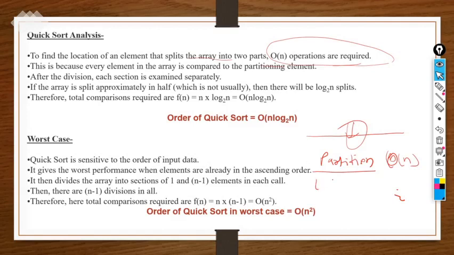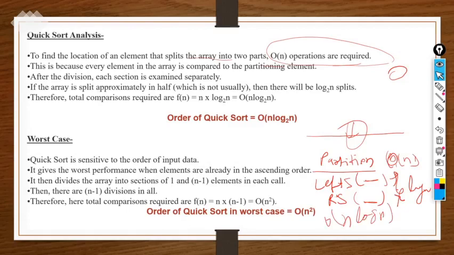After that we have the left subarray and right subarray, right? For the left subarray and right subarray, half of the subarray will be there, half of the subarray will be there, so we are comparing it. If I take an example, it will take log n times. So by taking both of these things, the time complexity of quick sort will become order of n log n. So this was the introductory part.